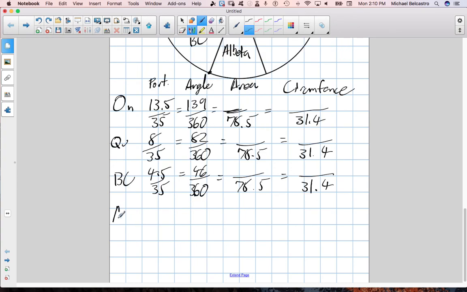Alberta was 4 out of 35. Sector angle was 41 out of 360. I'm literally writing in the dark here. Let's take